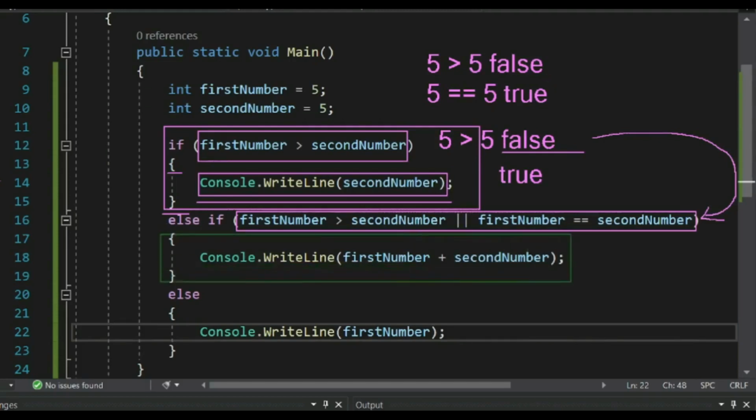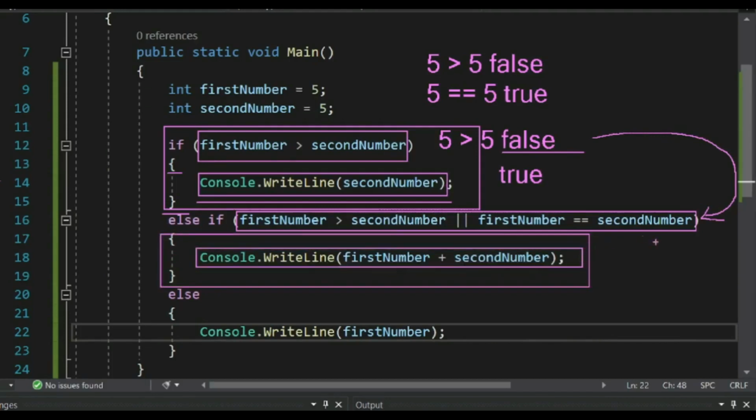So we're going to execute this line, which is Console.WriteLine, the first number plus the second number, and 5 plus 5 is equal to. So that is what we have sent on the